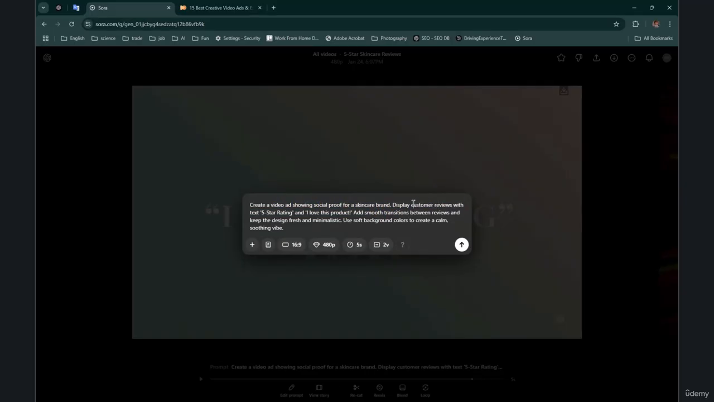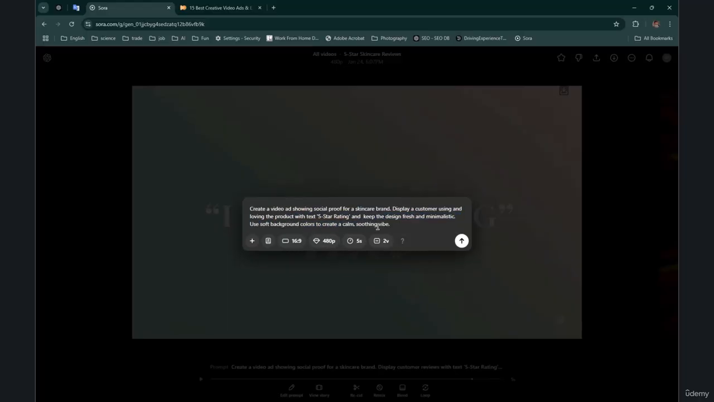Display a customer using and loving the product with the text 5-star rating. I'm also going to delete this, and then smooth transition. Let's also delete this. Keep the design, let's keep it. You see, generally